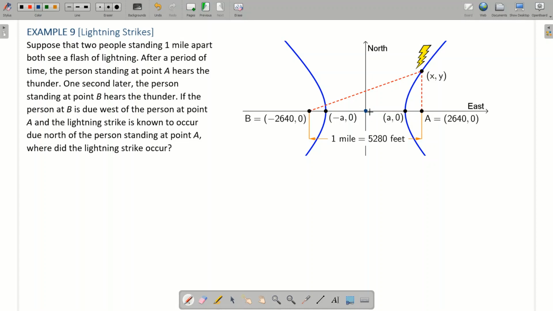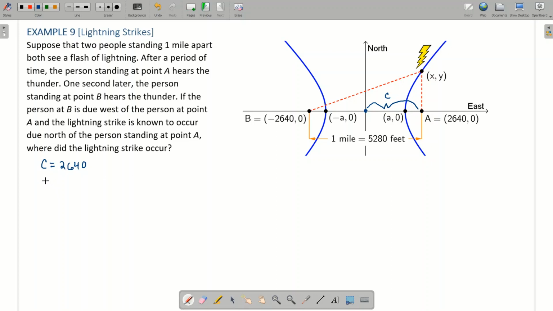And we also know that we could then put coordinates on these. So the A point could be just half of 5,280. Same thing for the B. So the first thing to notice is the distance between the center and a focus is c. So we know the value of c is 2,640. The other thing that we know is that the lightning had to have occurred on a branch of a